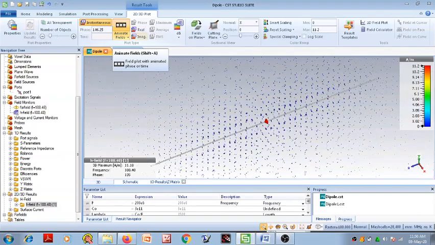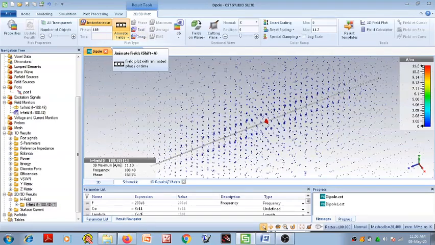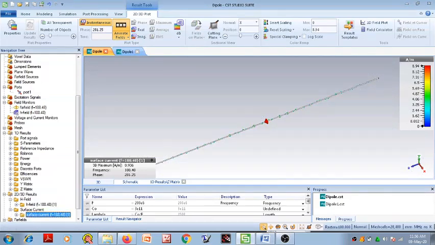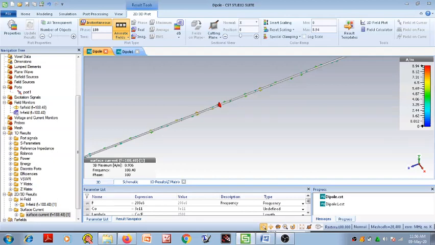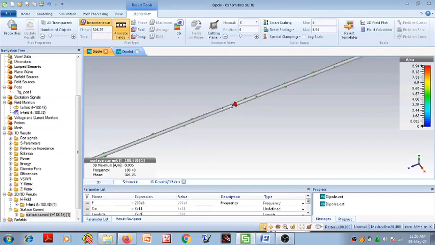The magnetic field generated by the antenna is shown here. If we click on surface current, first of all we zoom this diagram so that we can find out how the current varies, that we have to check here.